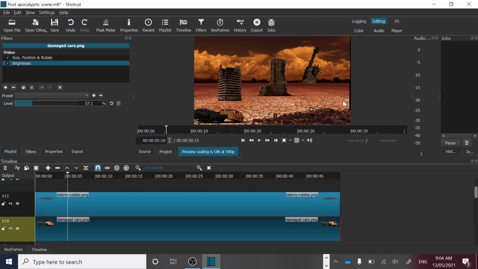We will also have a car that will go across the landscape here, but we'll do that in another step. So save your work,